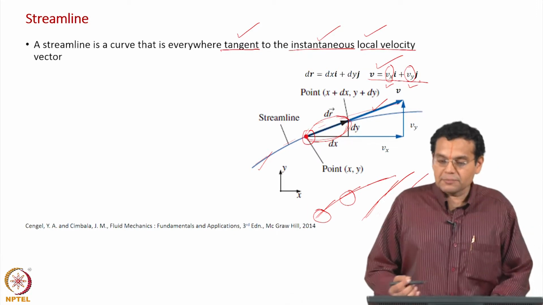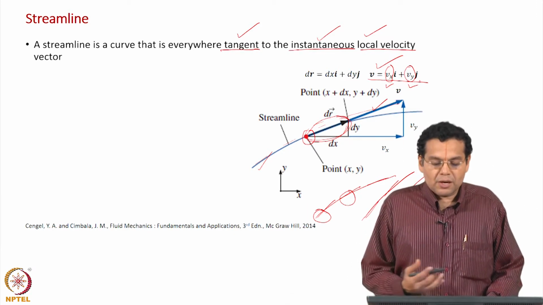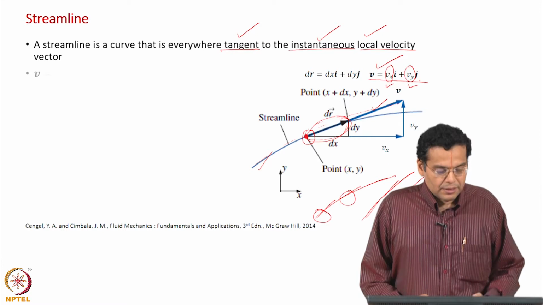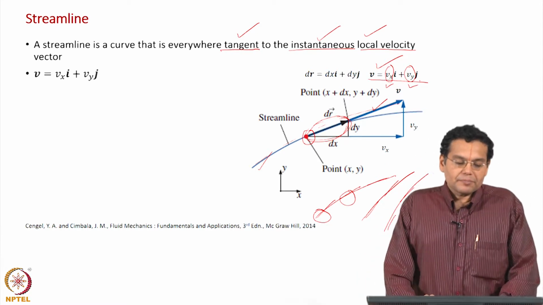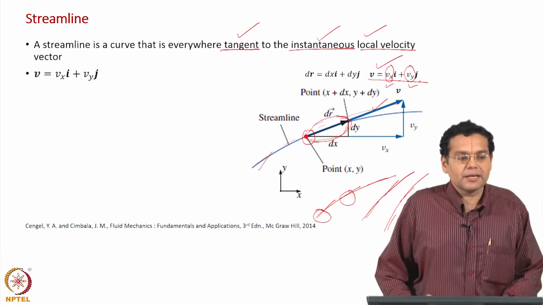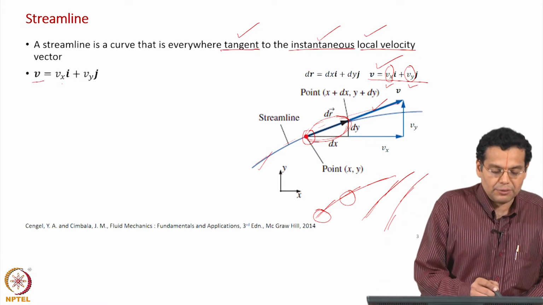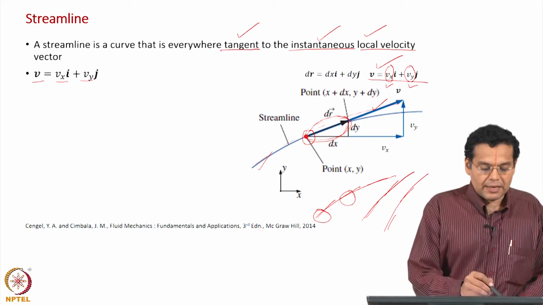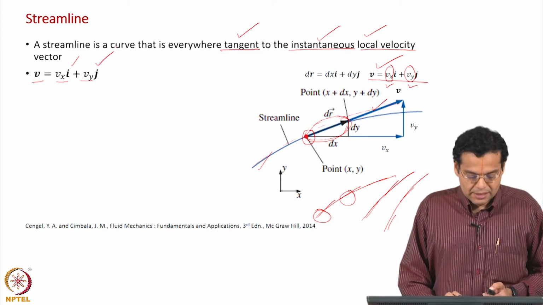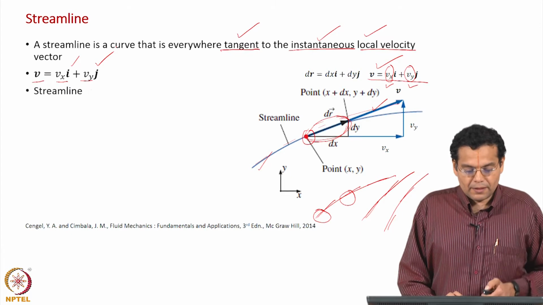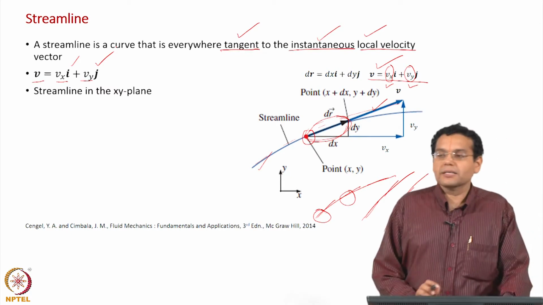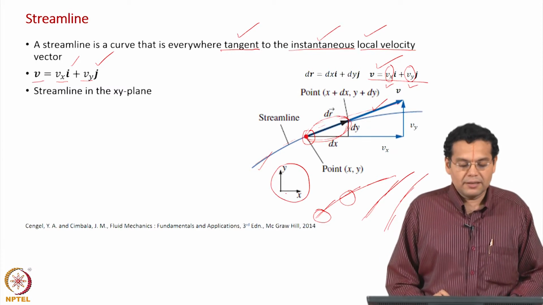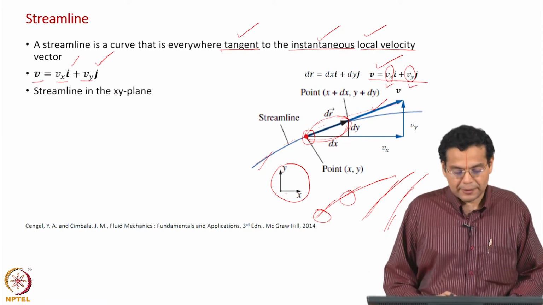Now, I want to represent this in terms of streamlines. What is the idea? So that I quickly know how the velocity changes from one location to the other, etc. As I told you, we start with the given velocity field represented in terms of an expression: the V vector is equal to Vx i plus Vy j, where Vx is the x component of velocity and Vy the y component of velocity, and i and j are the unit vectors along the x and y direction. Now, we are looking at the streamline in the x y plane, the coordinate axes are shown here. So, x direction and y direction here, and we are interested in the streamline in the x y plane.